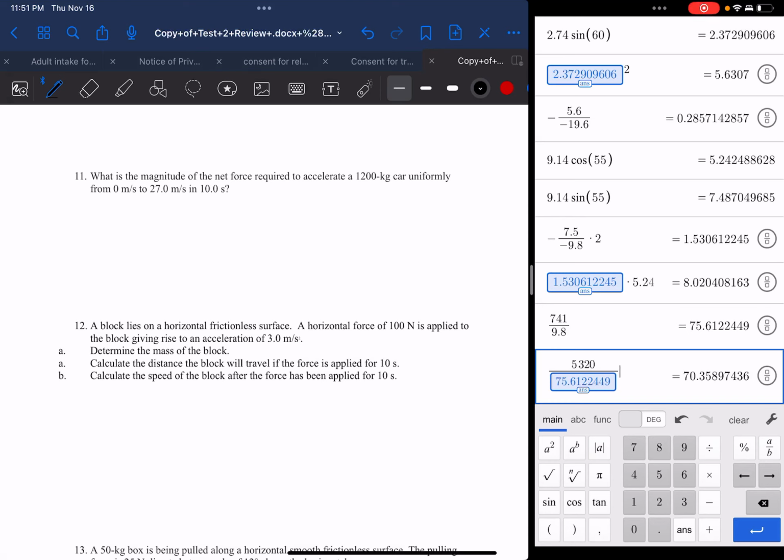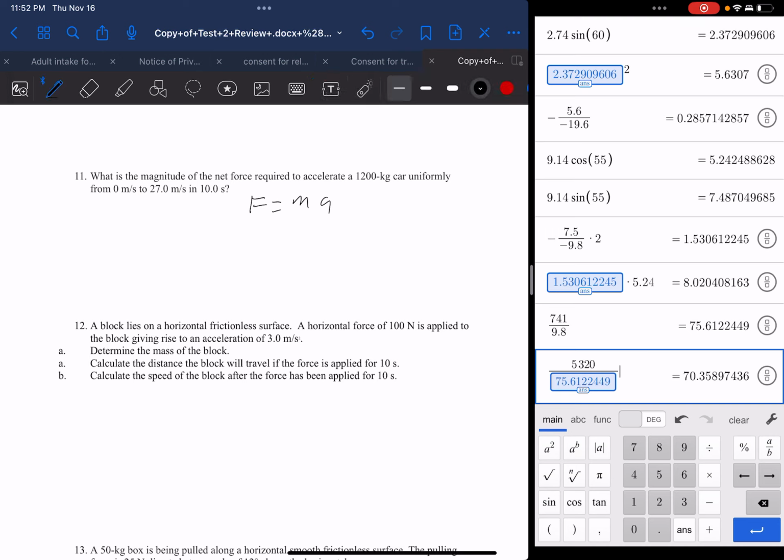Chugging along over here, what is the magnitude of the net force required to accelerate a 1,200 kilogram car uniformly from 0 meters per second to 27 meters per second in 10 seconds? Newton's second law tells us that F equals ma. We're given m over here. So in order to find F, we just need to find a, which we're going to do using this information